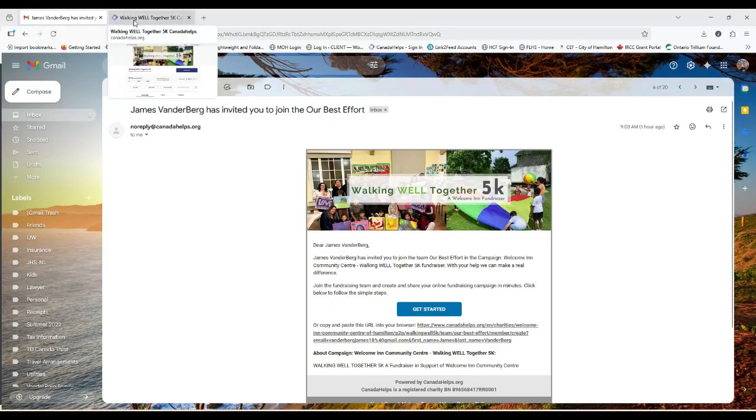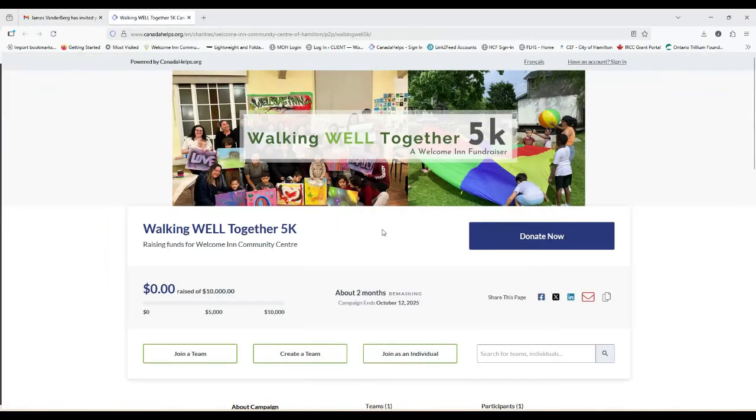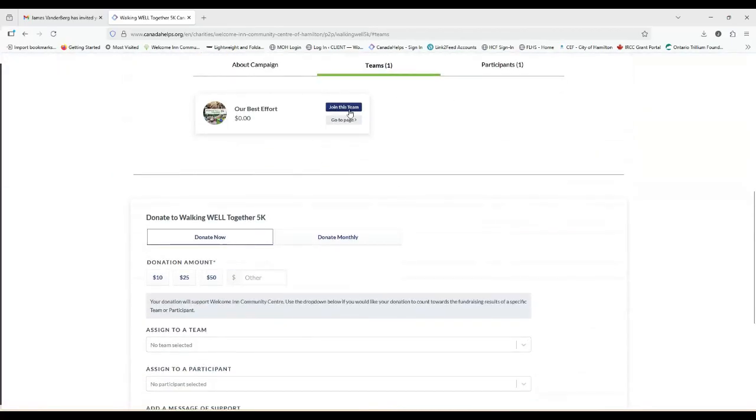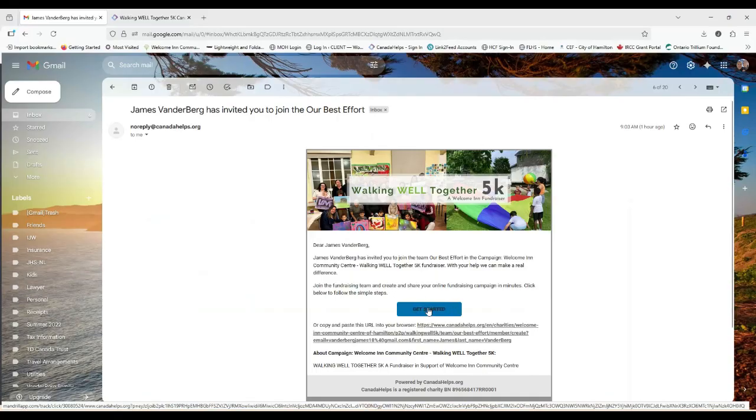You may have also had someone send you a link to the main fundraising portal. So in that case, the link that you click on might look something like this. If that's the case and you want to join someone's team, you would simply click Join a Team, and you'd find them listed here. Now, right now, there's only one team listed, but there will be more. So once you find the one you want to join, you click Join this team, and it will bring you to the same page that this Get Started button would bring you to. So that's how I'm going to access it right now. I'll click Get Started.